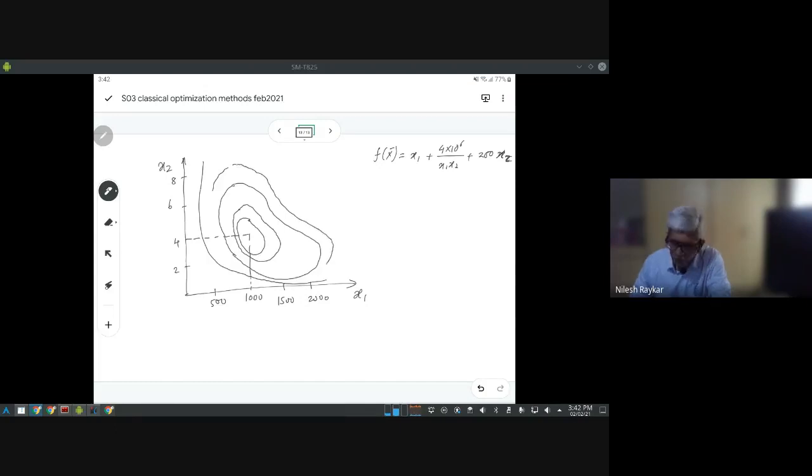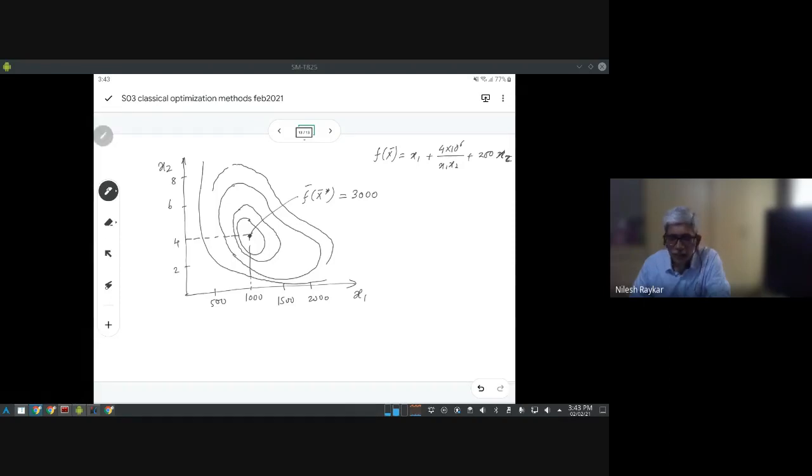So this particular objective function is minimum at this particular point we identified. So this value, f x star, if you substitute the values as 1000, 4, you will get this minimum value as 3000. So that is the minimum value. And what I have drawn around it are what are known as isocontours, to understand how your function is minimizing and validate that our results are correct.